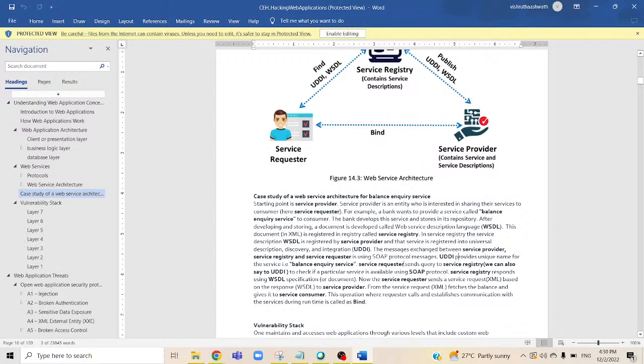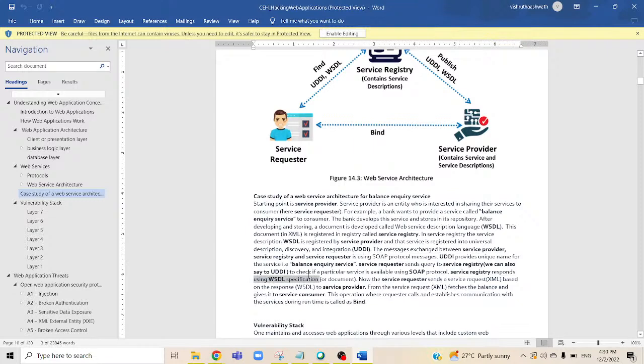UDDI provides a unique name for the service, that is balance inquiry service. Service requester sends a query to service registry. We can also say to UDDI, to check if a particular service is available using SOAP protocol. Service registry, that is UDDI, responds using